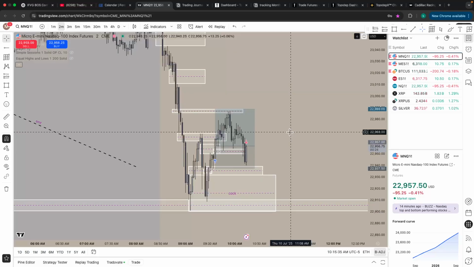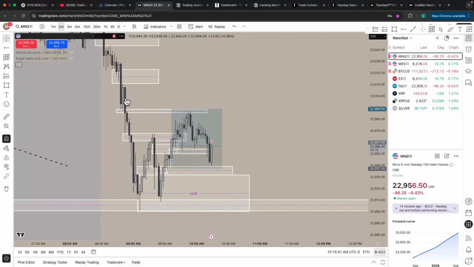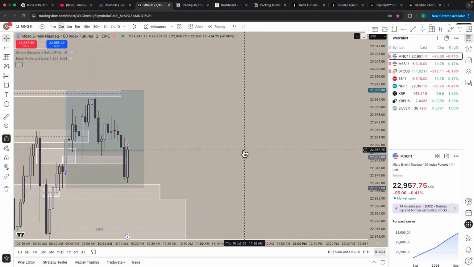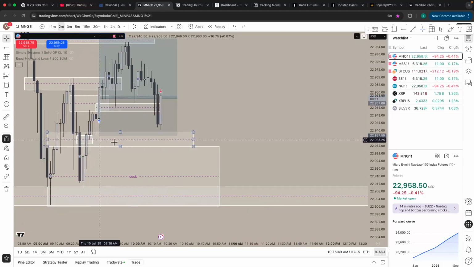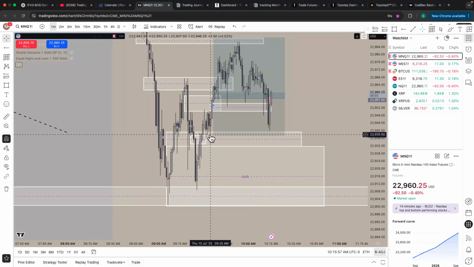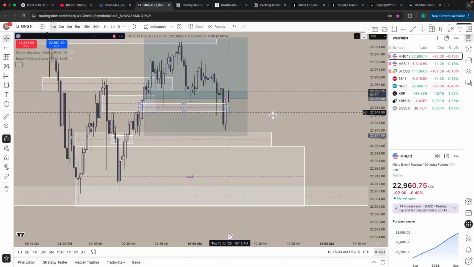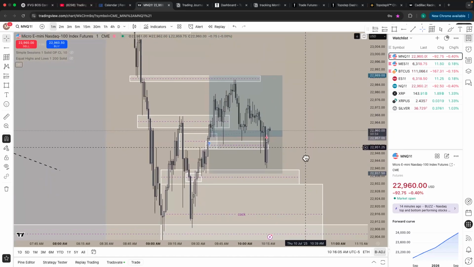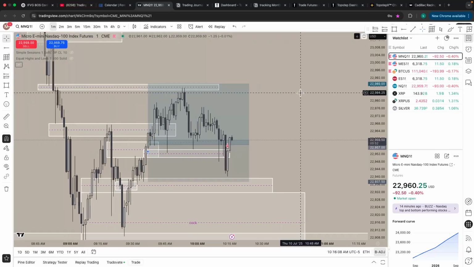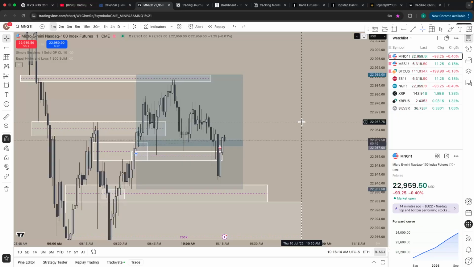But yeah, after we had that 5-minute retrace into the order block and the fair value gap, we had a 2-minute inverse fair value gap, which is right here. Very messy, but it's there. Just trying to zoom out. Right here, we had a 2-minute fair value gap. We inversed, we pushed down, we get a little retrace, we go to the 1 minute. So we inverse that gap. We get a retrace down off of that. We get a break of structure, a really shit entry. I would have preferred a better one. But then we were targeting highs, and honestly right now it would have gone close to stopping me out, but it didn't, and it's rejecting.